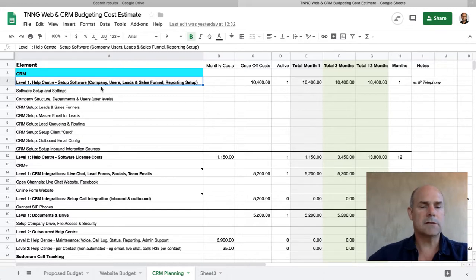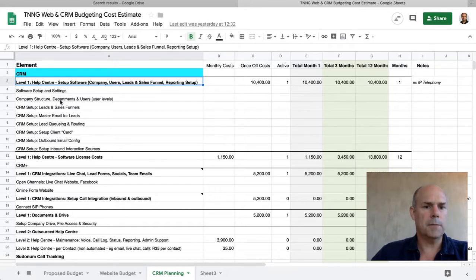Obviously not having sight of everything that the CRM can do and the extendability of the CRM, we base this on having set it up quite a few times, and we know that this basic stuff needs to be done in order for leads to come in, leads to go through a funnel, and people to have access to those leads and who's going to do what. So if I just give you an overview of what they are,